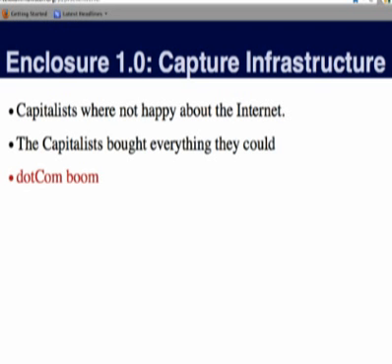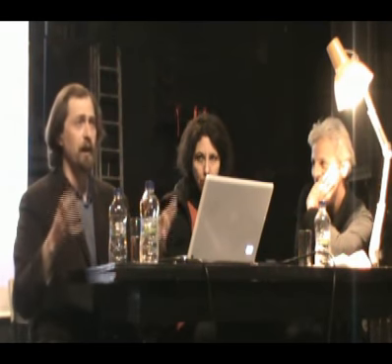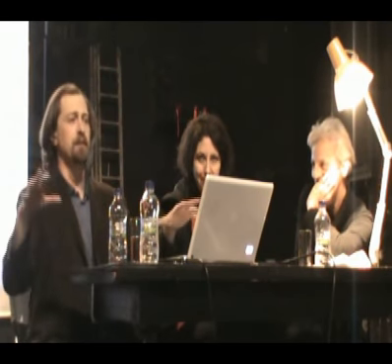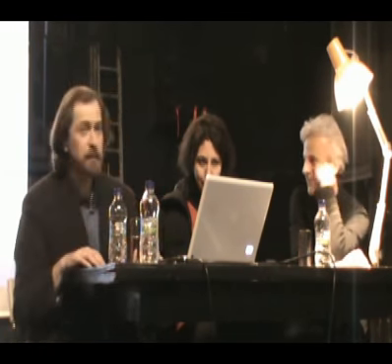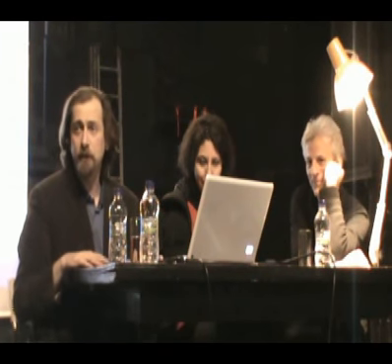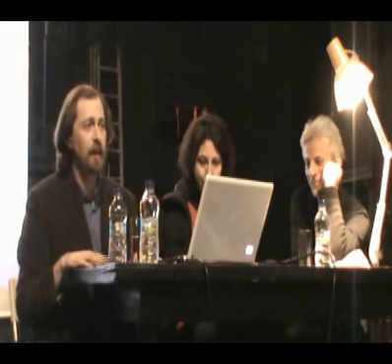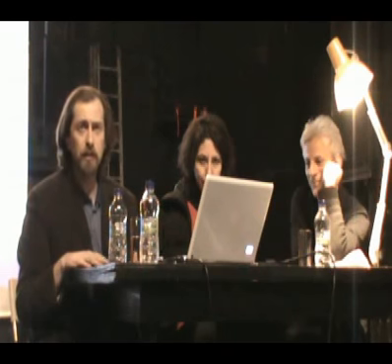The original dot-com bubble. That was the result of the capitalists simply madly rushing in and going, oh my God, what is this? We need to own every bit of it. And spending money quite randomly and buying everything that they could buy, right? And while certainly there were some spectacular failures and mismanagement of the money that they spent, largely their mission was